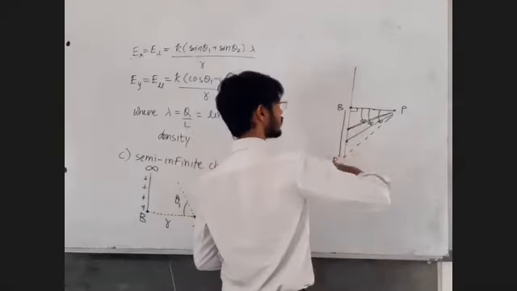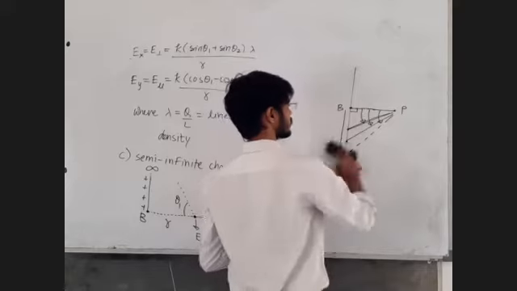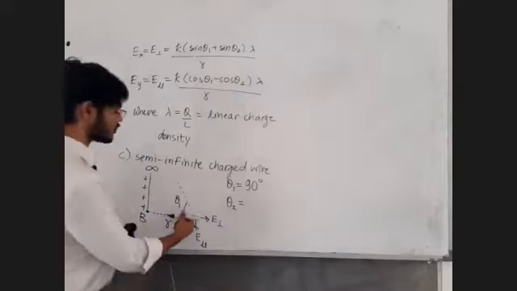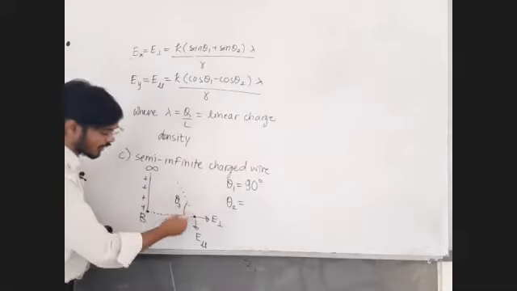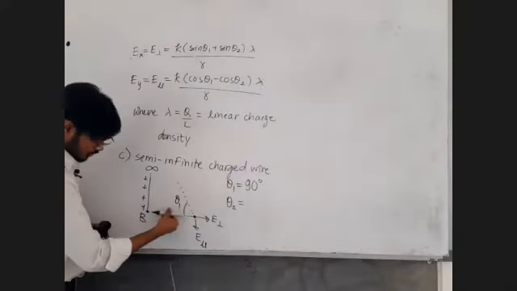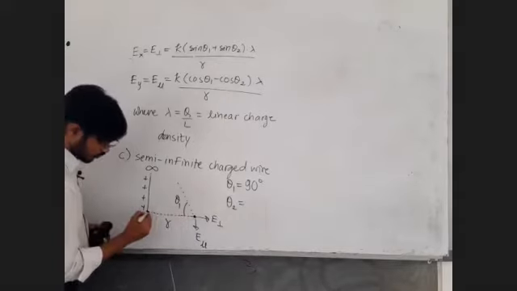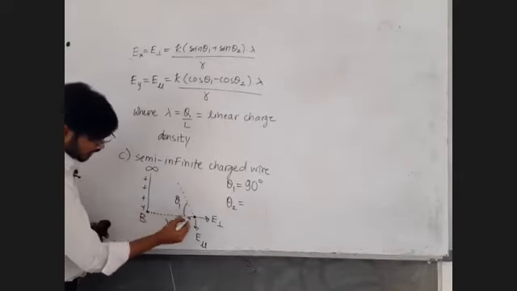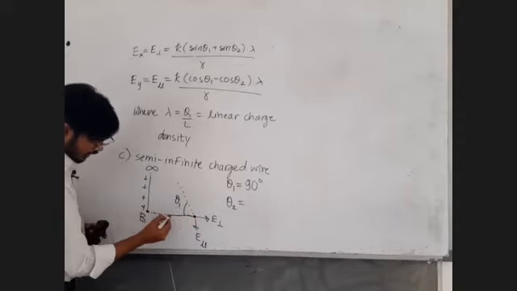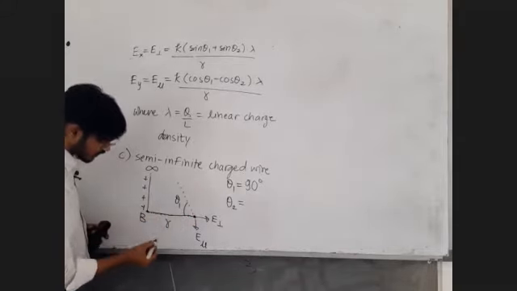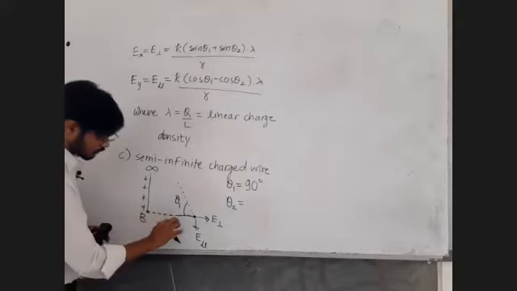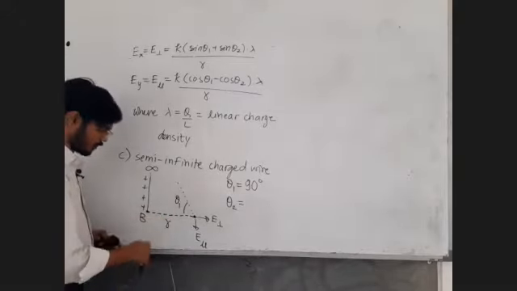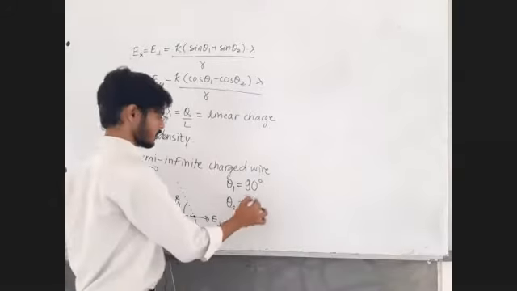This point B will come here, so no need to look down. It is already in front of you. If it is already in front of you, it means no angle, and no angle means here it is going to be 0. From this dotted line, draw a line joining point B. Now what is the angle between the dotted line and the solid line? It is 0. Dotted line means the perpendicular distance of the given point from the wire. So theta 2 is going to be 0 degrees.